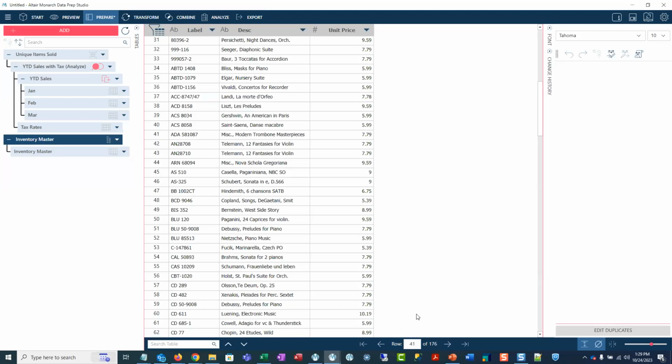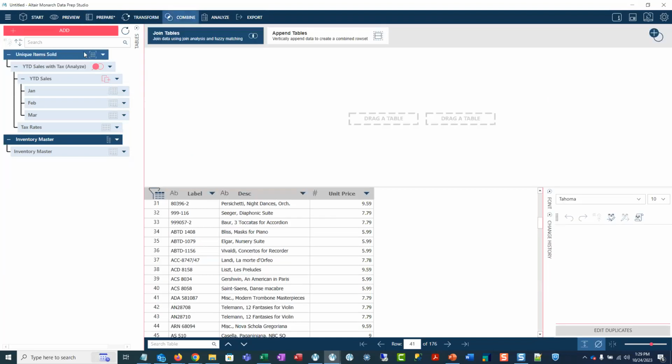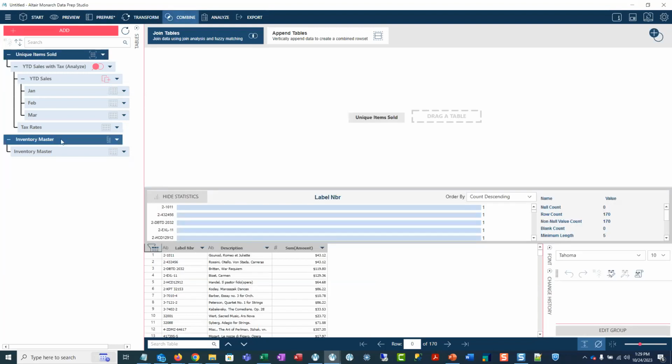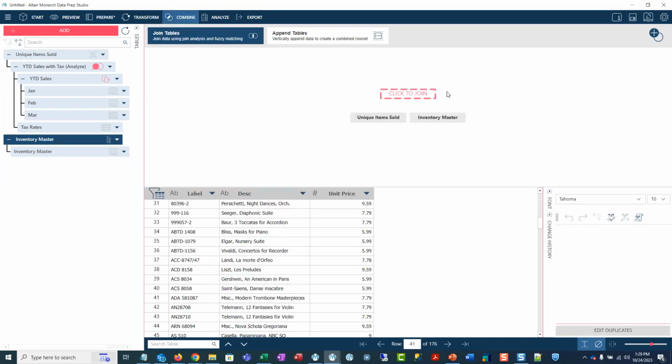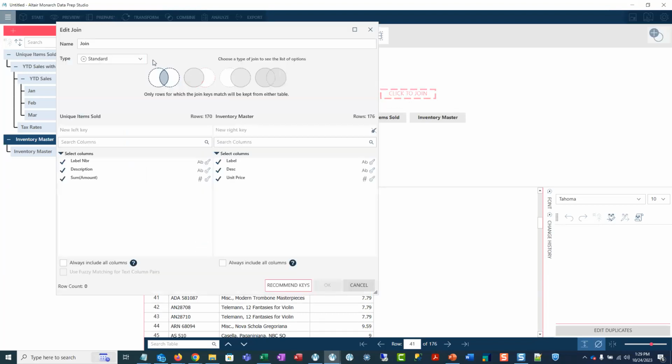176. Okay, so now to finish this off, I need to combine these two files. So if I click combine, I double click on this unique item sold, and I double click on inventory master, and I click to join. Now this time we're doing a negative join. I want Monarch to show me all of the files that are on this item sold table, so focusing on this table, that are not on the inventory master. Okay, so I'm going to call this not on